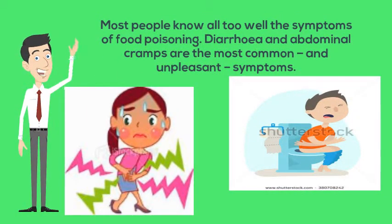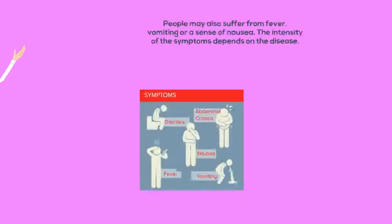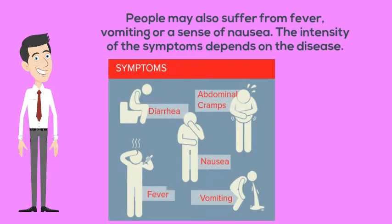Most people know all too well the symptoms of food poisoning. Diarrhea and abdominal cramps are the most common and unpleasant symptoms. People may also suffer from fever, vomiting, and a sense of nausea. The intensity of the symptoms depends on the disease. But luckily, foodborne illnesses can be